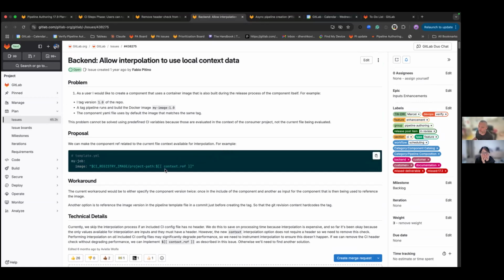and hopefully also for CI steps, automatically. Right now, users are doing it manually when they want to match the image and other dependencies, and not only the image, but basically all the dependencies that a component has. When they are bumping a version, they need to bump the version in all the dependencies. Sometimes they don't have any awareness of what those dependencies are. So using this context.rep will automatically pull the reference number, the tag of a component, so we make sure there is an alignment.